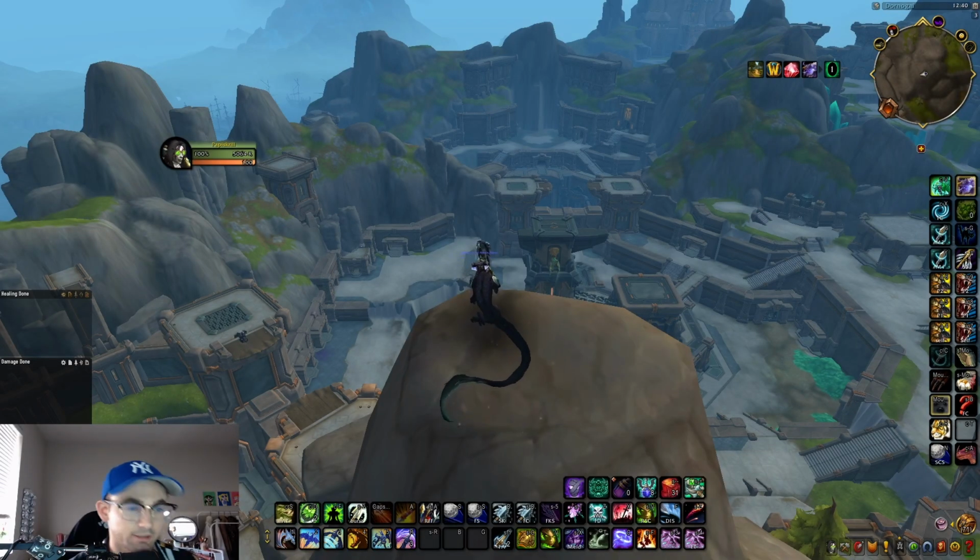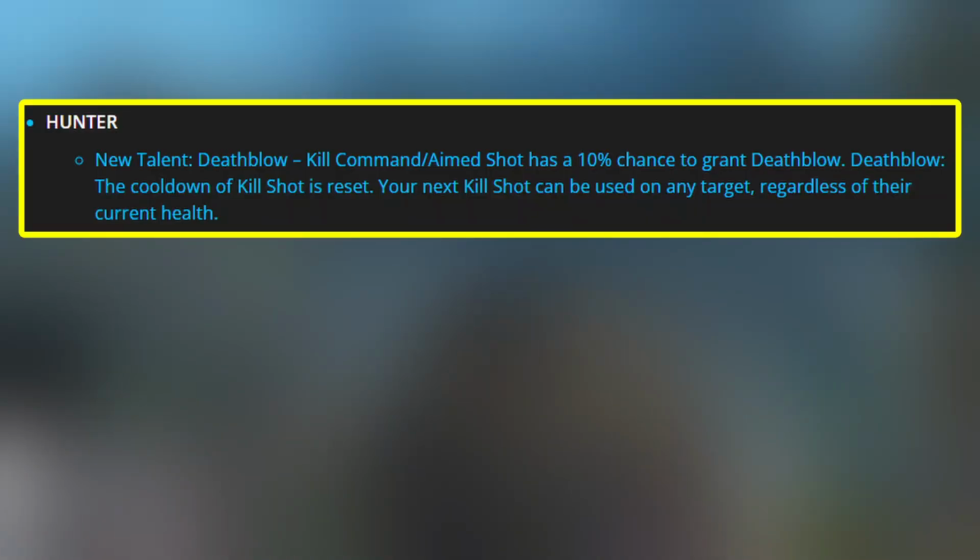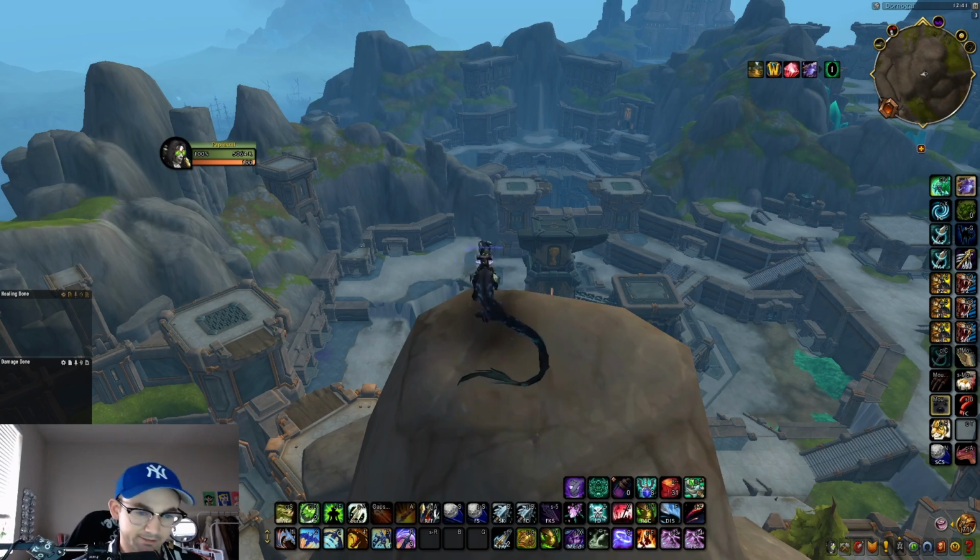Alrighty, let's talk about the hunter changes real quickly. So the new talent, Deathblow: Kill Command and Aimed Shot have a 10% chance to grant Deathblow. Deathblow, the cooldown of Kill Shot is reset. Your next Kill Shot will be usable on any target regardless of their current health pool. What the developers have to say about this talent change in the hunter spec: